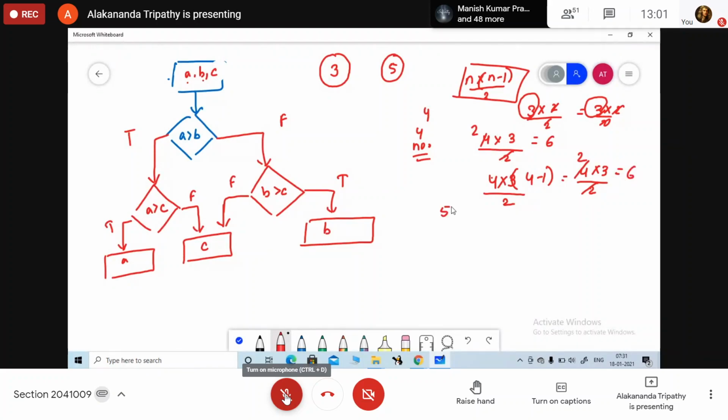So if the number of values is 5, to find the largest among 5 numbers, how many decision boxes are going to be used?